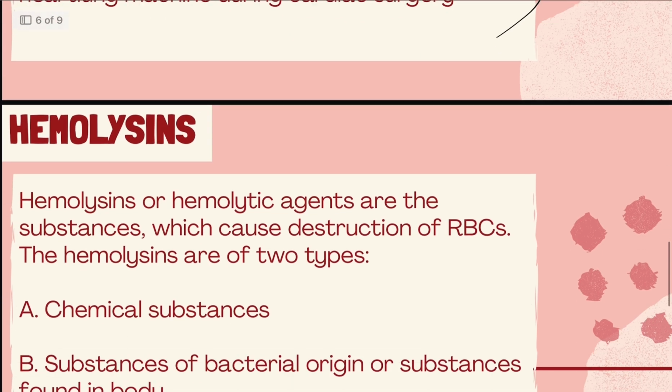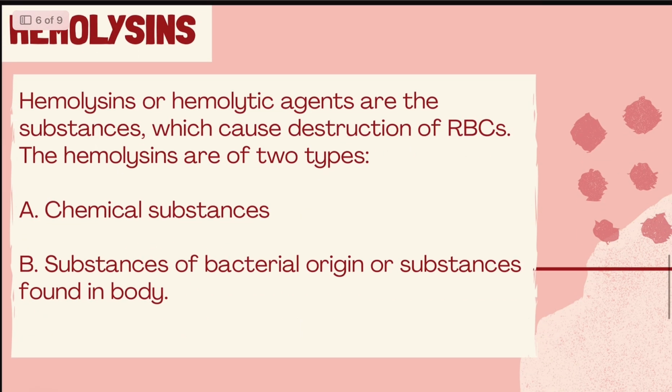Again, another term is hemolysins. So what are hemolysins? Hemolysins are the hemolytic agents or substances which cause destruction of RBCs. Hemolysins can be of two types. Firstly, they can be chemical, or secondly, they can be of bacterial origin or substances that are found